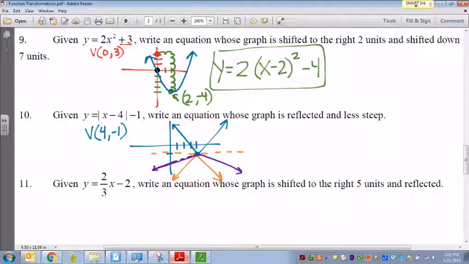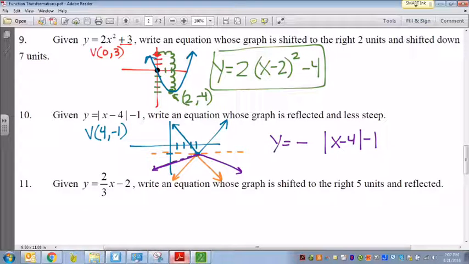Okay. So first thing, let's discuss when it reflects. Now, hopefully you've seen this before. If it reflects, that means the equation has to have a negative in front, right? It's going to be negative something. And so we're going to write negative, and then it's still going to be x minus 4 minus 1. Okay, but I left a blank space there in between the negative and the absolute value bars because it's less